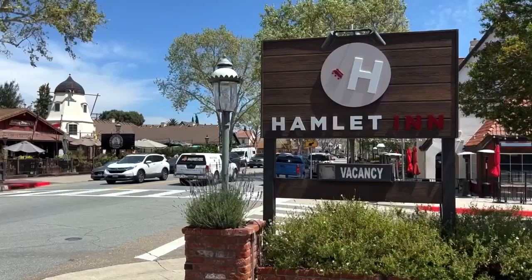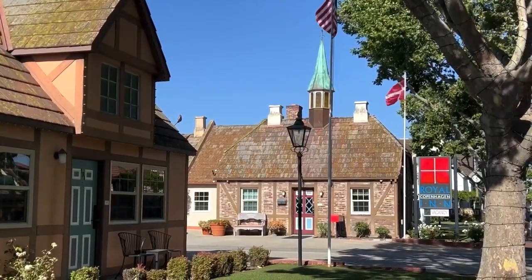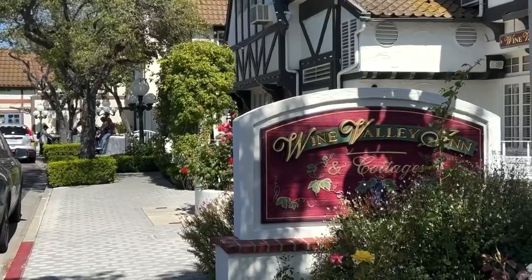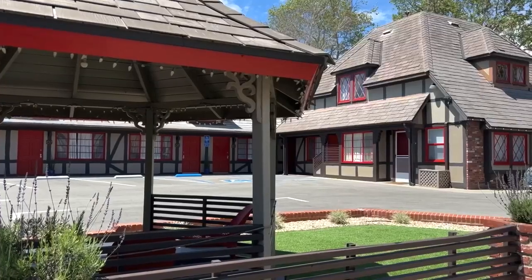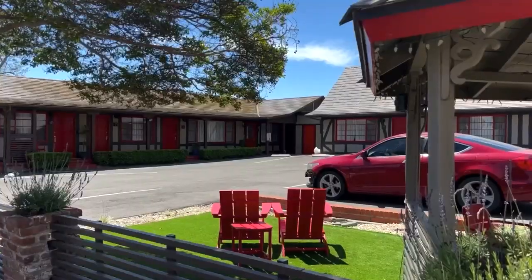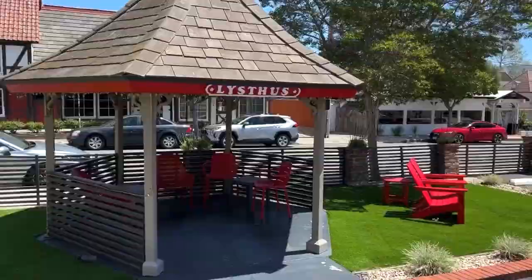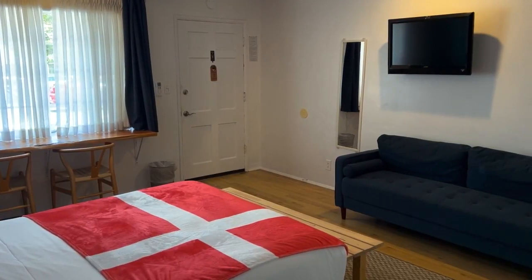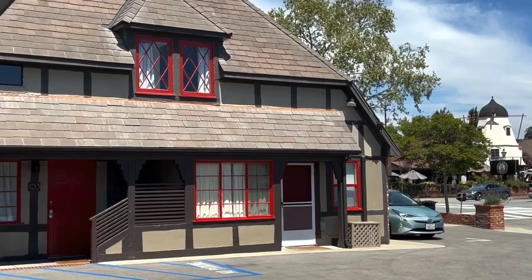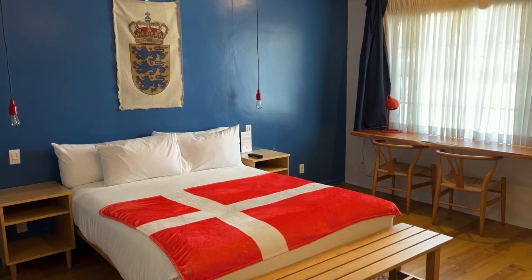Now continuing with 3 more affordable hotels, with the first being the Hamlet Motel, the second being the Royal Copenhagen Inn, and the third being the Wine Valley Inn and Cottages. The Hamlet Hotel is another small and clean property with friendly staff. There's unfortunately no pool, but I did like their little lawn and gazebo in the front. It's a self-check-in process and they text you a code to get in your room, but there's still a small lobby with somebody inside. This is the room I had, and I liked how they had the Denmark flags as